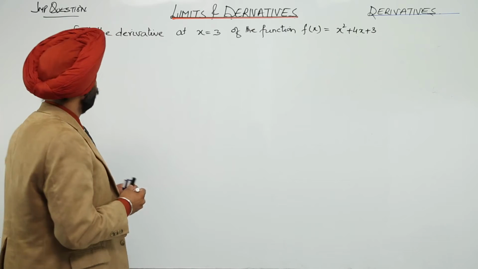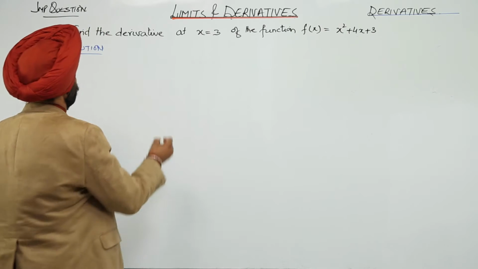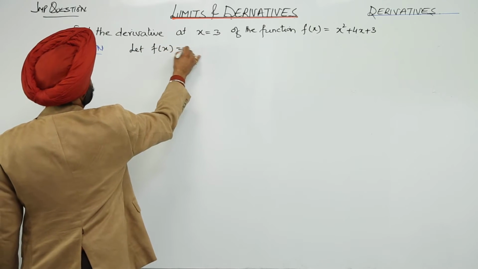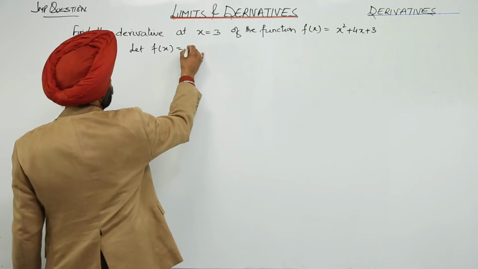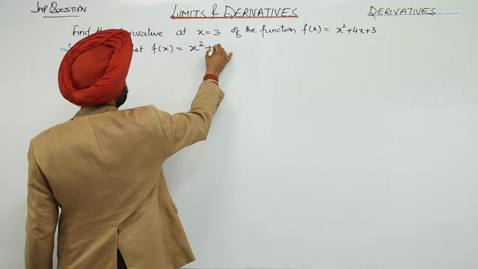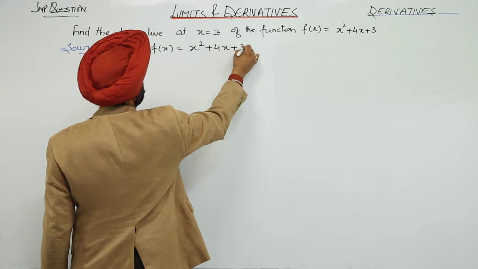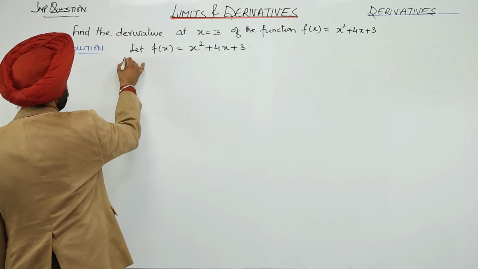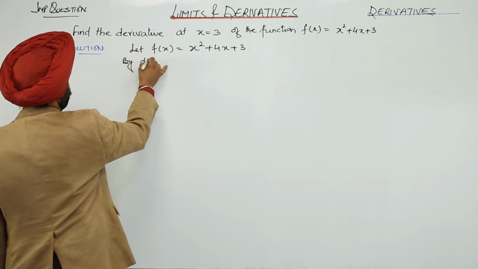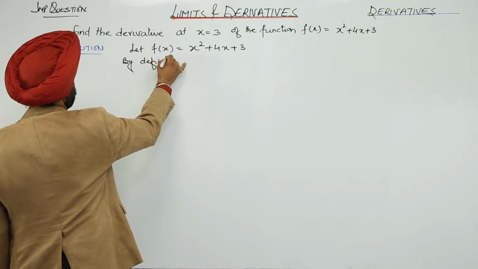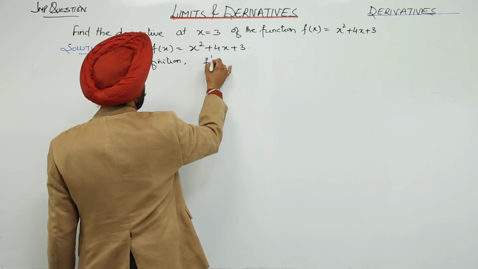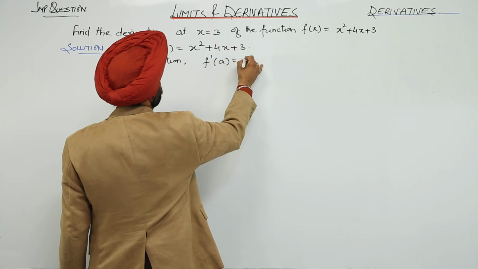Important question for the definition of the derivative. Now, let f(x) be equal to x square plus 4x plus 3. Now, by definition, f derivative a is equal to limit